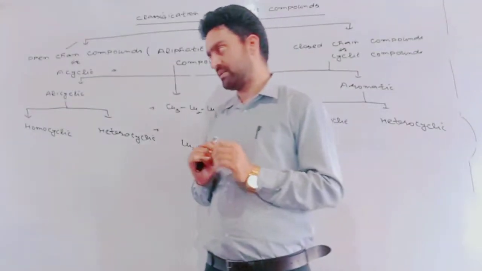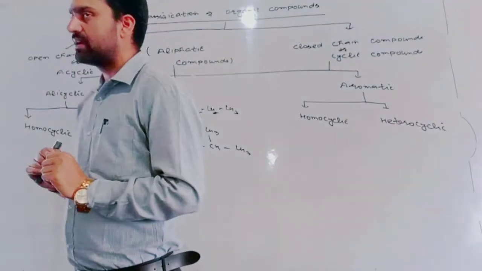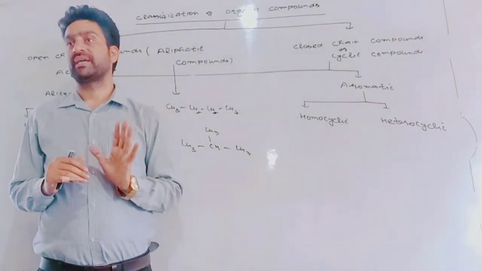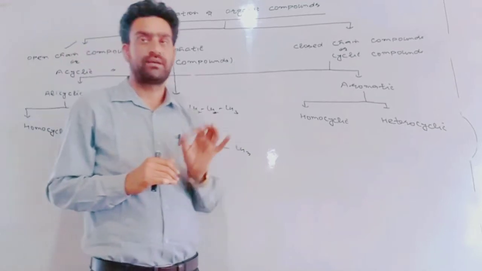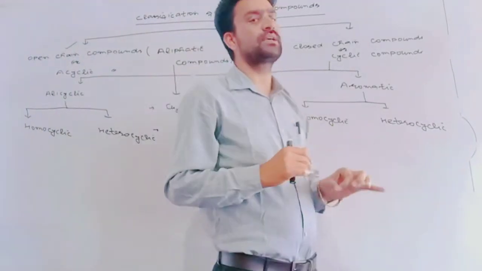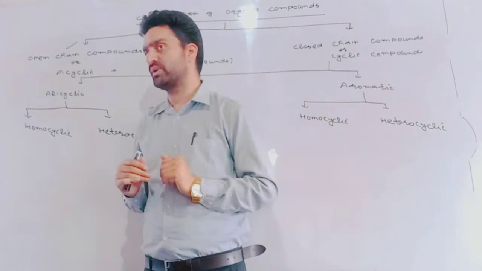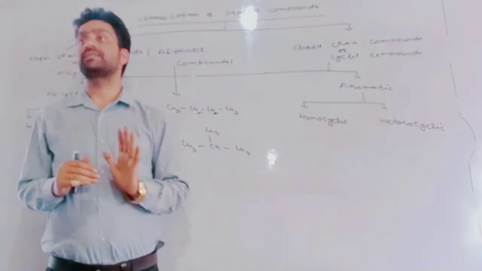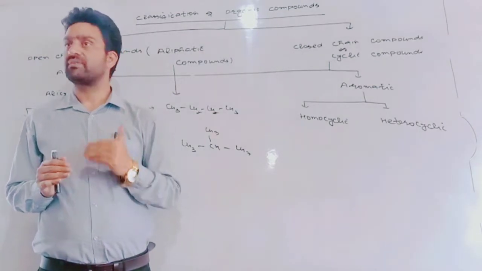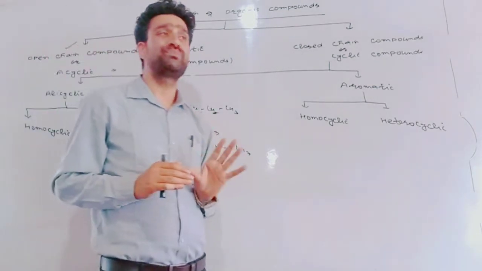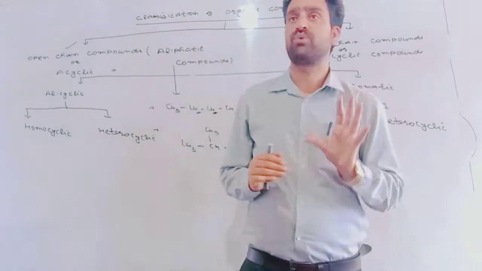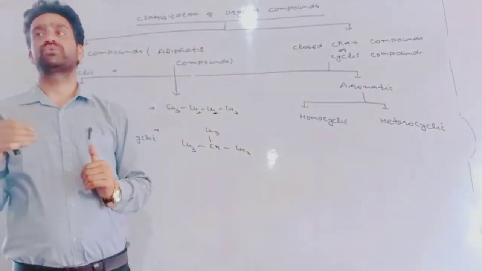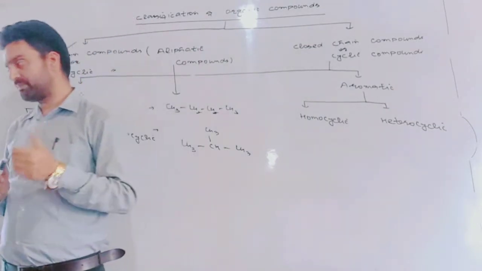I will repeat it. What is the first point? Any compound is said to be aromatic if it is cyclic and planar. What is the second point? Each carbon of the ring must be sp2 or sp hybridized with closed conjugation. What is the third point? The compound should obey Huckel's rule. What is Huckel's rule? The 4n plus 2 pi electron rule, and n equals 0, 1, 2, 3, 4. Clear? Please write it down.